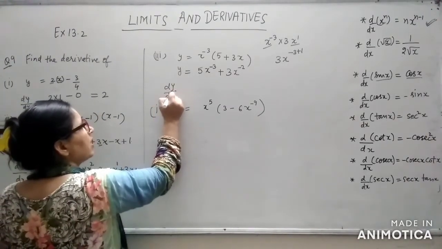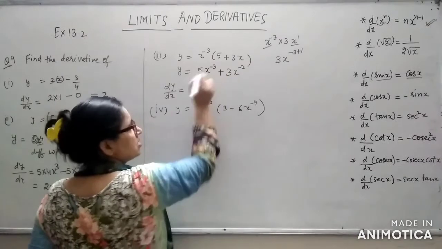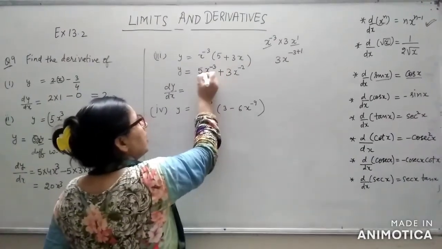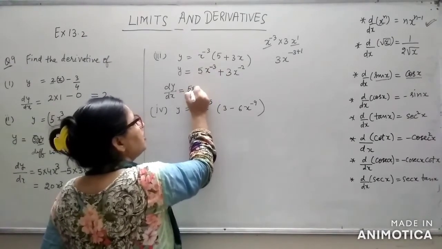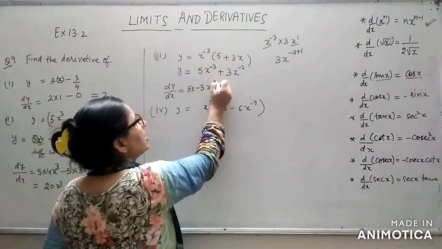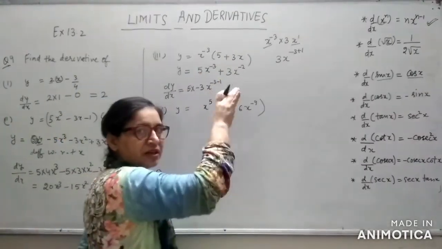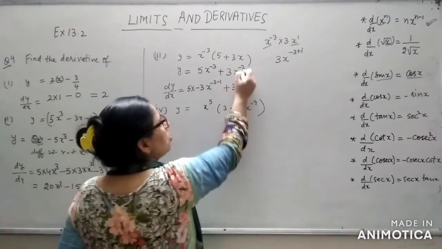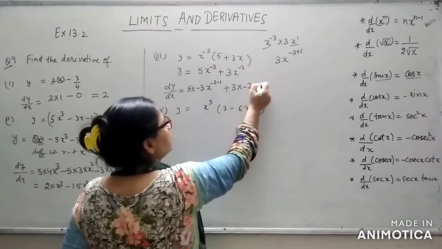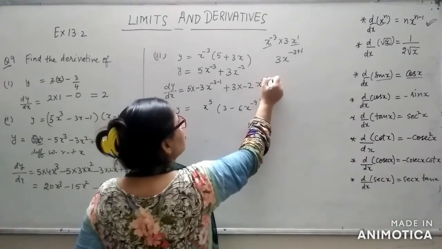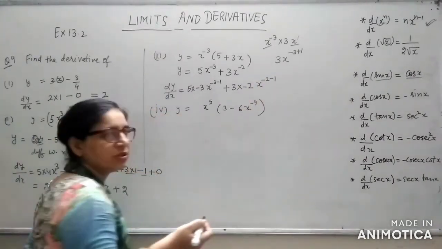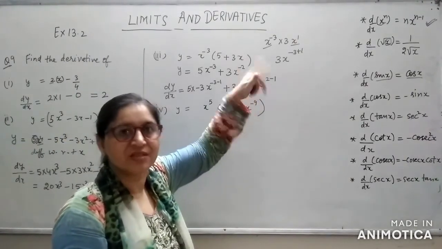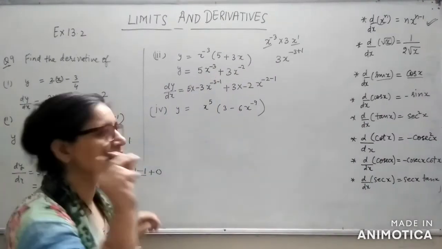So dy by dx would become, as I told you, always, this is the formula. Whenever there is a power, multiply this power with 5. So 5 into minus 3 and reduce the power by 1. So minus 3 was already there, so you have subtracted 1 from this, plus 3 into, write down the power in multiplication. Now x's power minus 2 minus 1. Whatever is the rule, write the power outside here and reduce its power, subtract 1, so minus 1 has to be done.